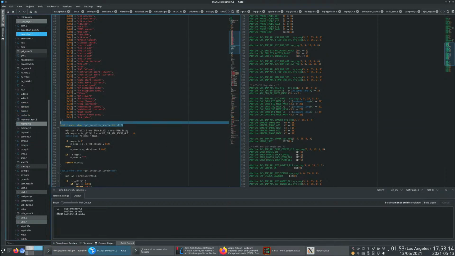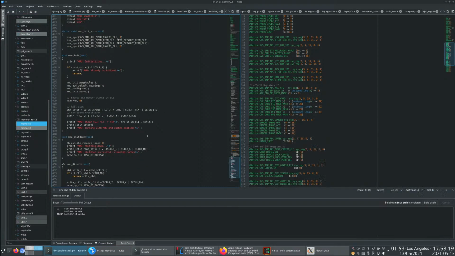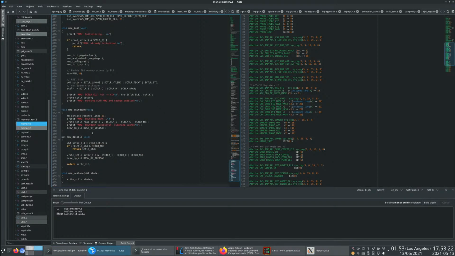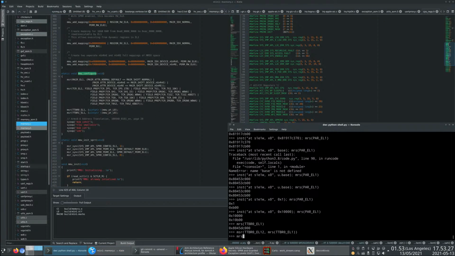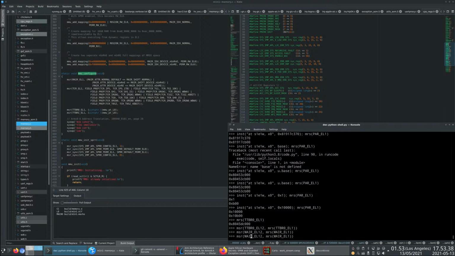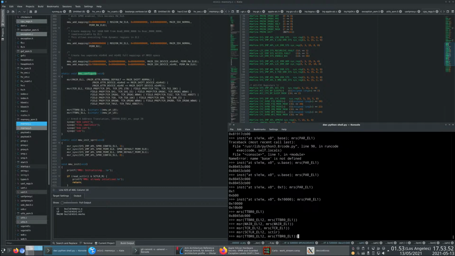But I can just do the same thing I do in memory for the init, which is PAN is 0, and I need to set the configure my TCR. And now I can do